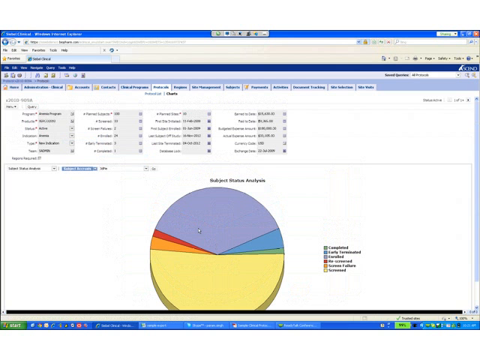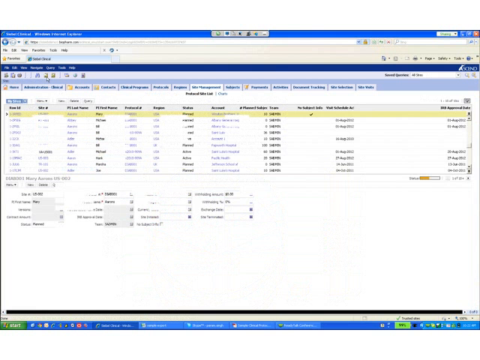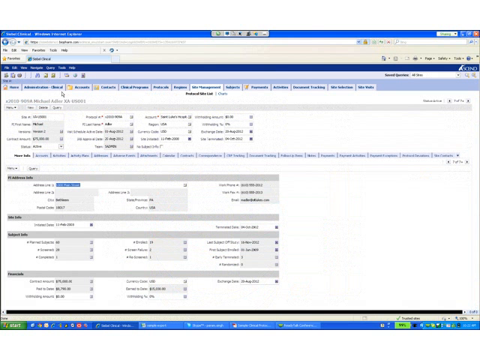And last, let's briefly look at our financials. So from a financials perspective, at the site level, we have the ability to capture our total contract amount. And what that essentially means is our overall site budget for this particular site.